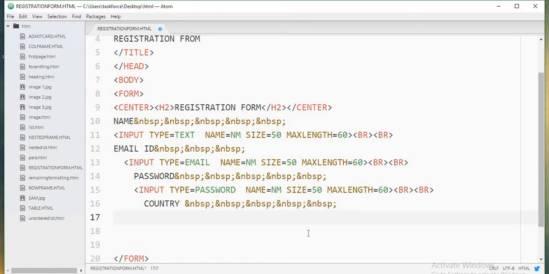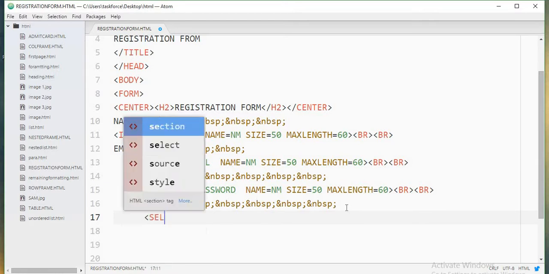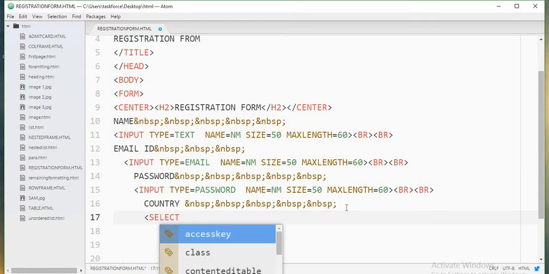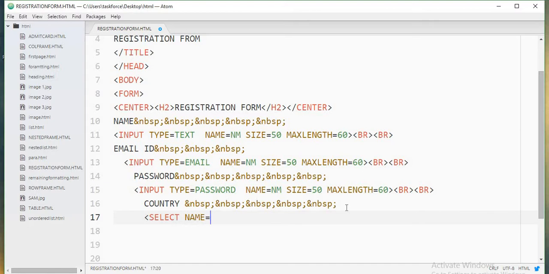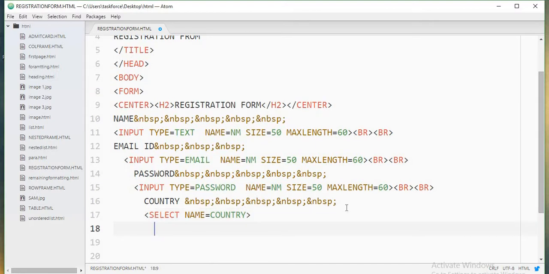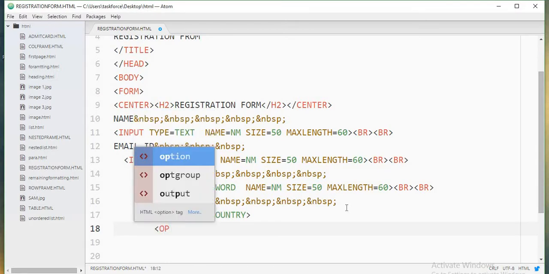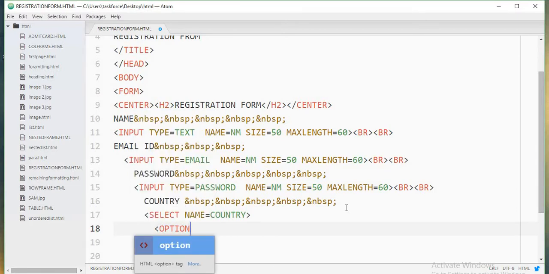So here I am going to use select, which is used for drop down, name country. So what options do I want to show here? Option,